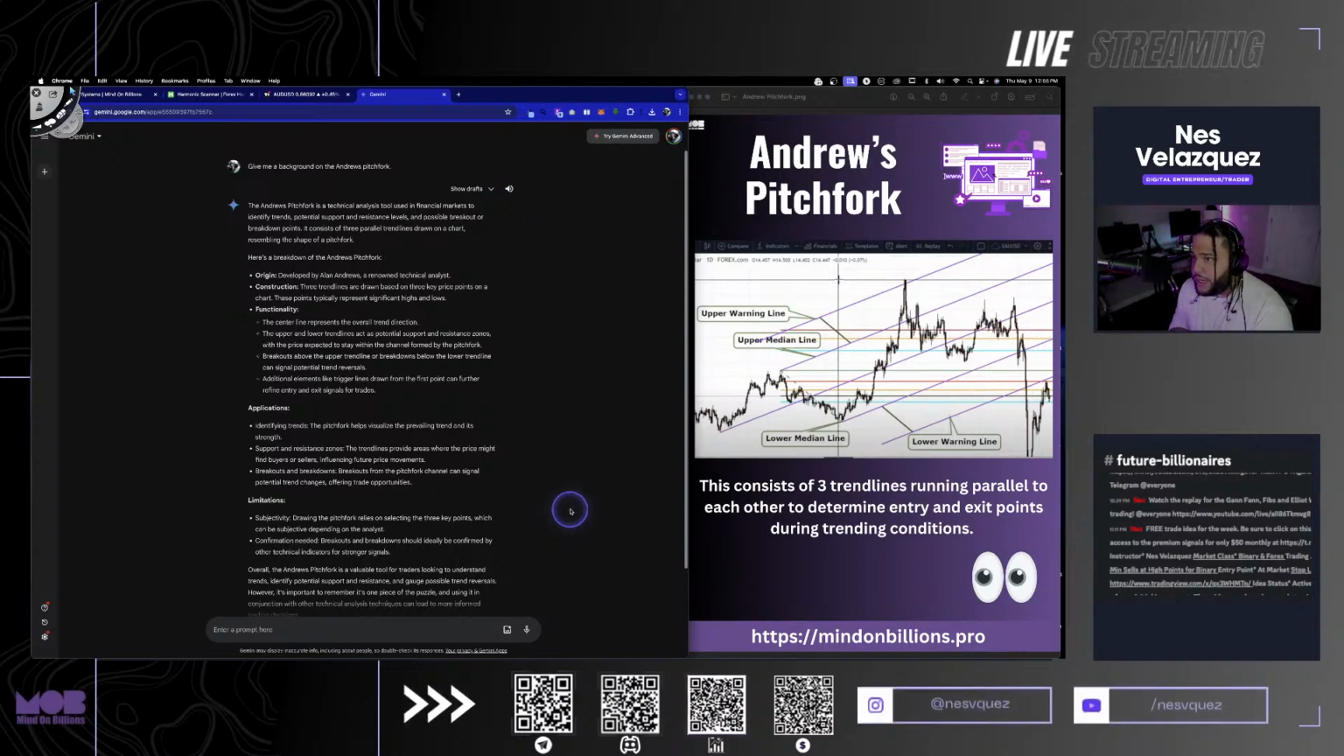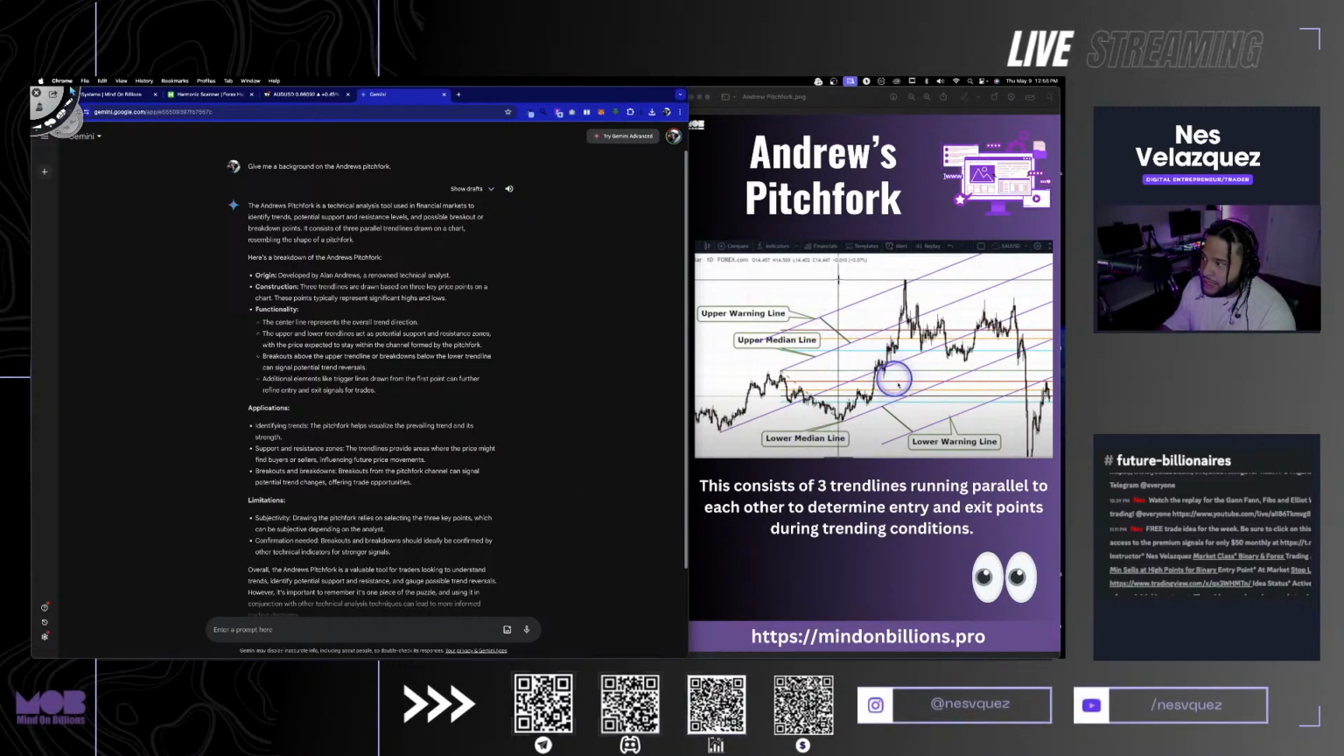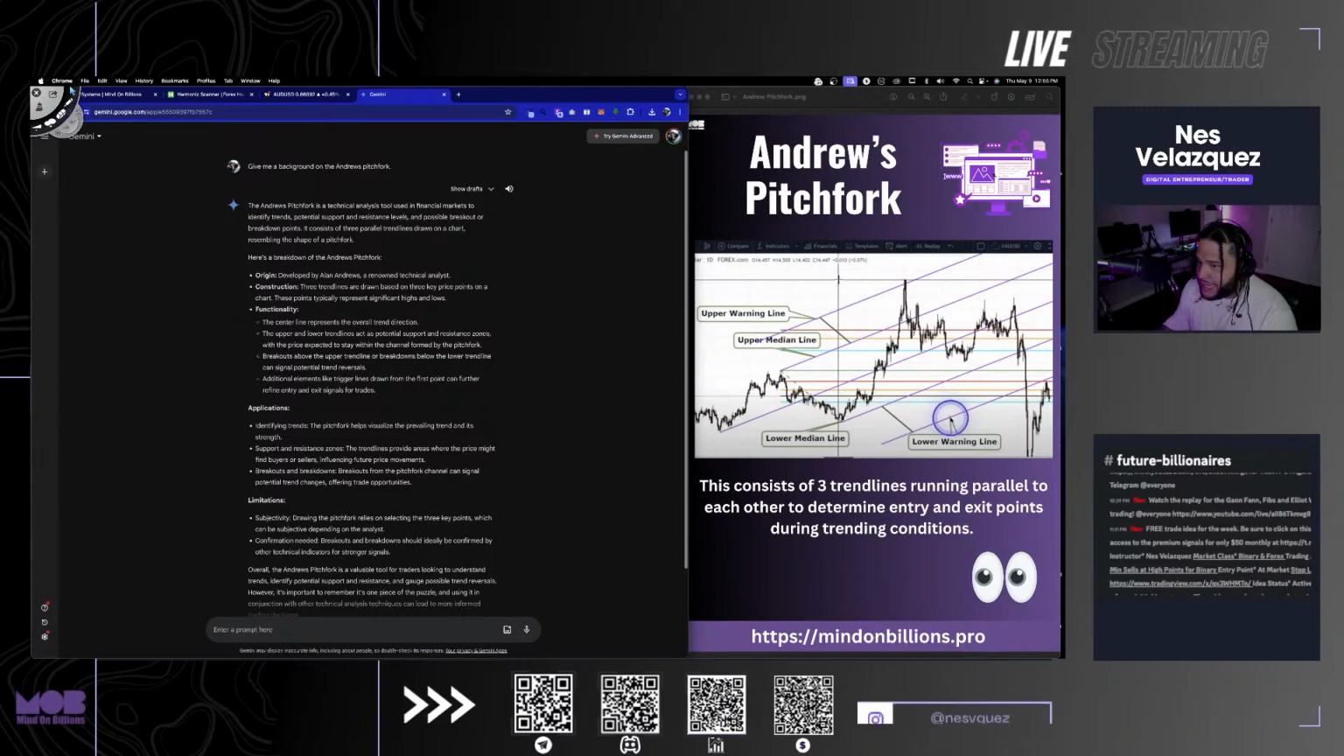All right. So the Andrews Pitchfork is a technical analysis tool used in financial markets to identify trends, potential support and resistance levels, and possible breakout or breakdown points, okay? So breakouts, basically the upper warning line, the lower warning line is basically going to be your breakout walls, all right? If the market breaks above the upper warning line or below the lower warning line, then that's a breakout,